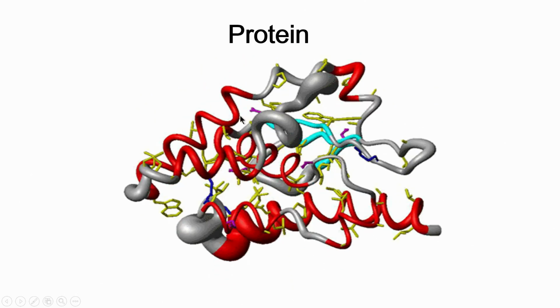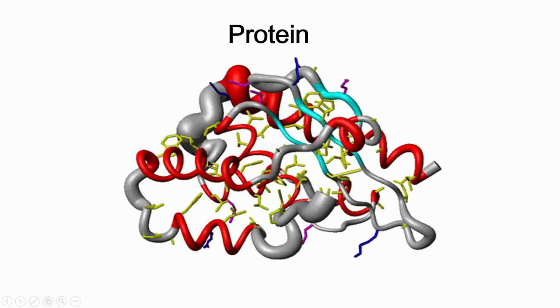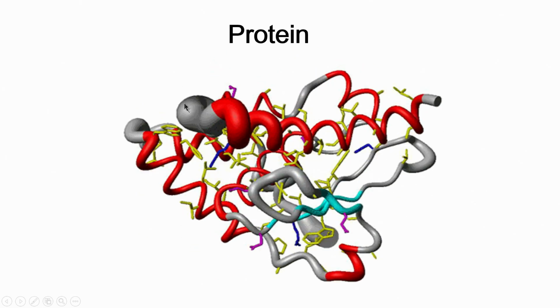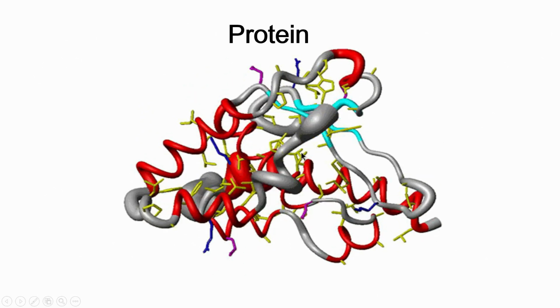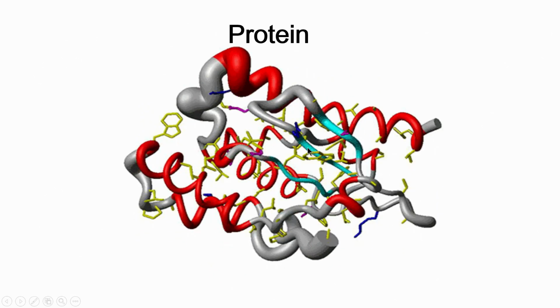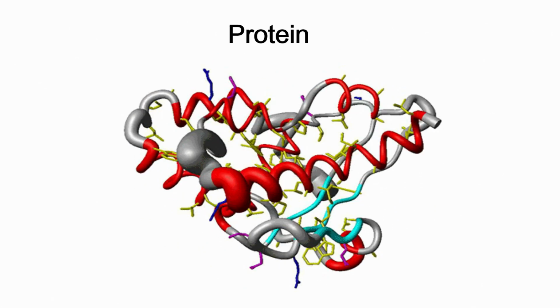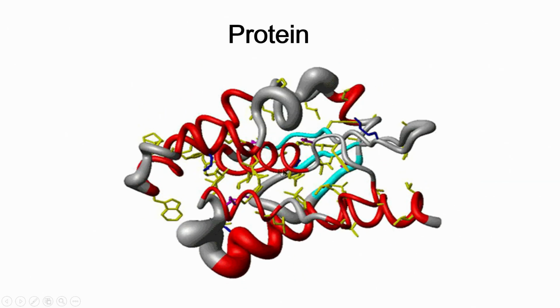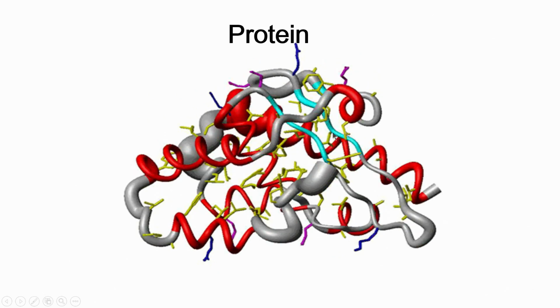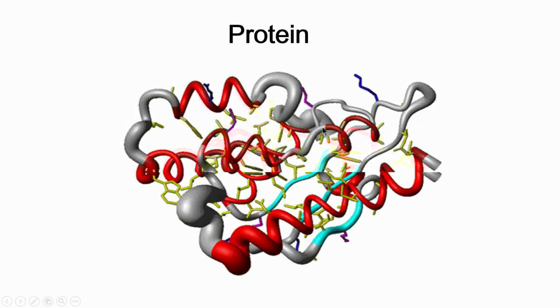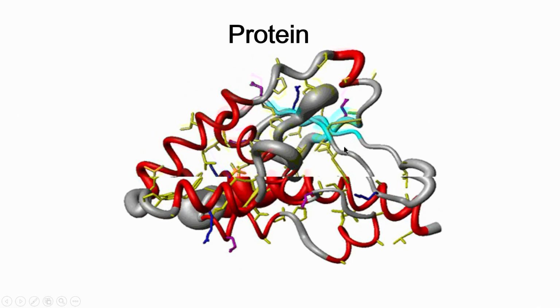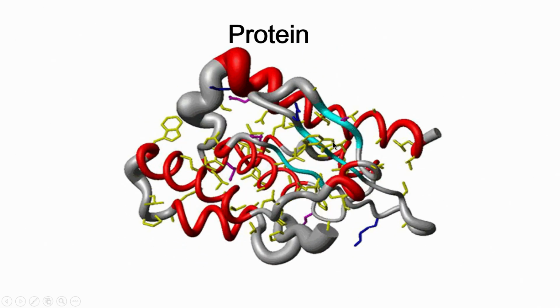So, when they are rigid, their dynamics is less, but loops which are between the helices and beta strands are always very dynamic, because they do not have any particular structure. So, this is just a general introduction to protein structure, which you can refer to in many of the books which was shown in the beginning, and let us continue with this, look at some more basic aspects of